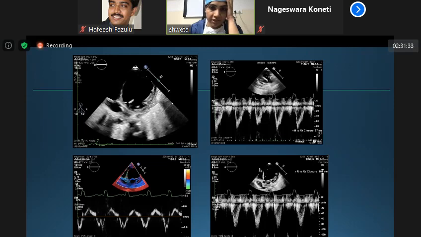Now, what are these Dopplers? Ma'am, the first Doppler is a pulse wave Doppler across the pulmonary valve, and the second one is a pulse wave Doppler which we have taken across the aortic valve. Yes. And we have calculated a time interval. So across the aortic valve, I will read for you this value. It is 108 milliseconds. Across the pulmonary valve, it is 77 milliseconds. Okay, so is it normal?